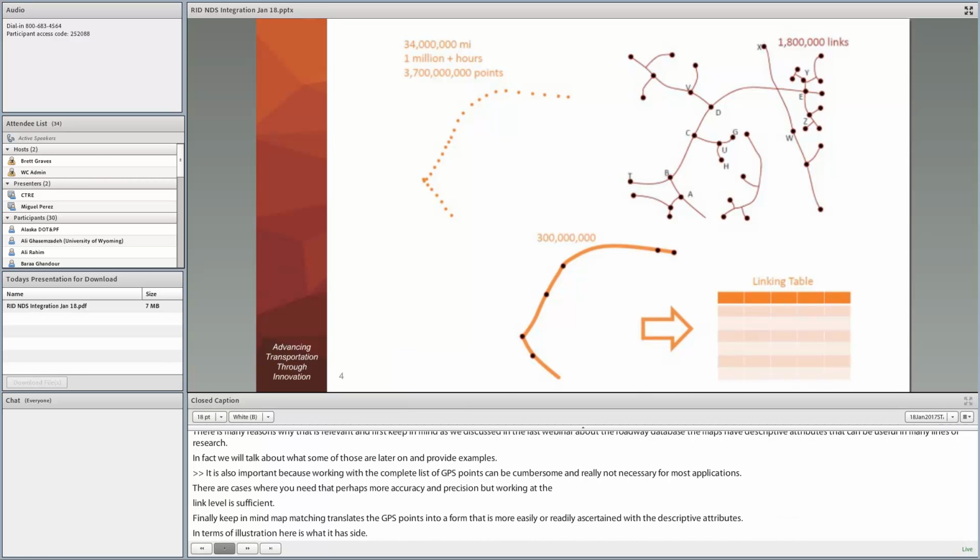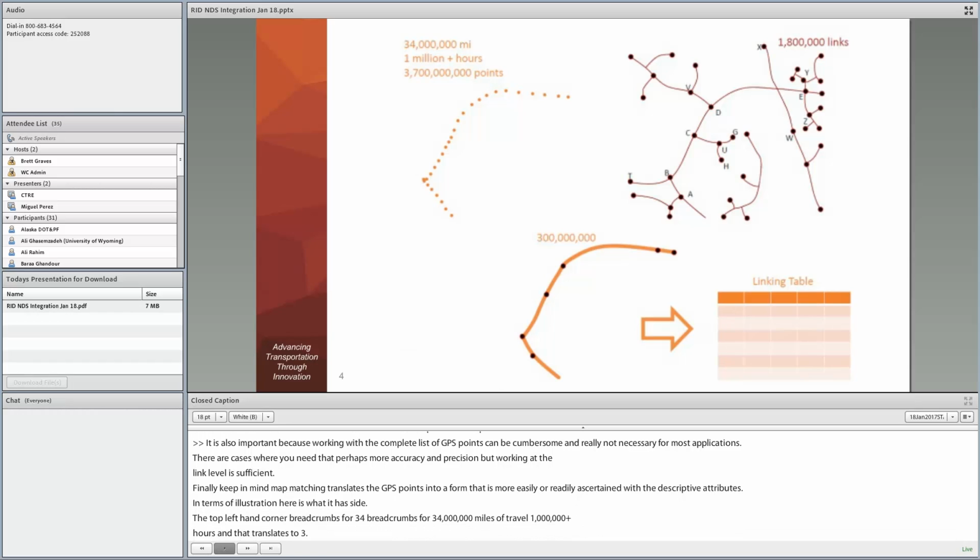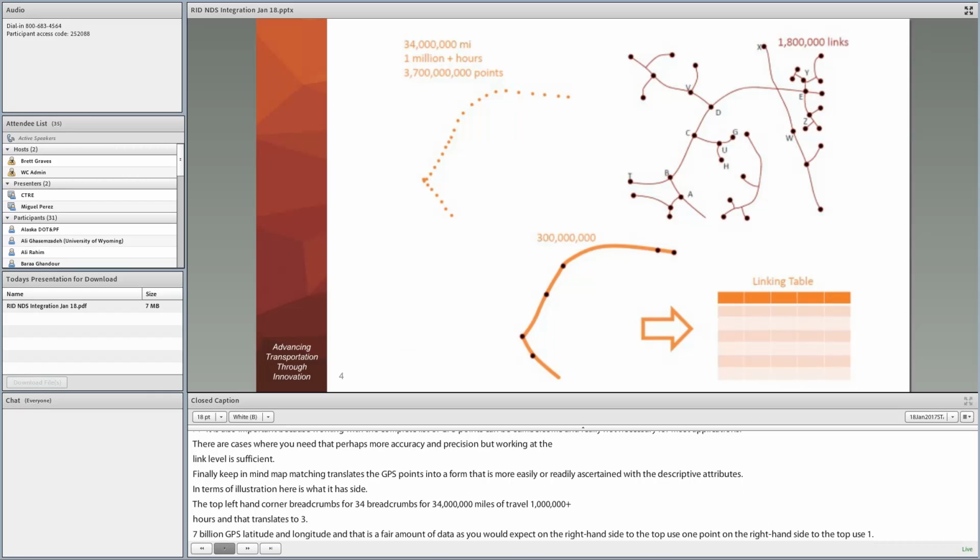On the right-hand side on the top, you have 1.8 million links. So we have the map database, and again, the map has those links. They have endpoints or nodes that are also represented in there. What you end up with when you combine those 2 things, like that diagram in the middle of the slide on the bottom, is about 300 million or so different link traversals that then go into what we call the linking table, or the map